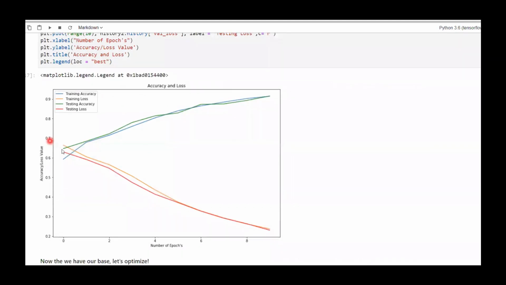And so we can see here that our accuracy has continually increased with both training and testing hand in hand, and our loss also continually decreased along the same slopes for both training and testing. But we can still go further because the curve does not seem to be flattening